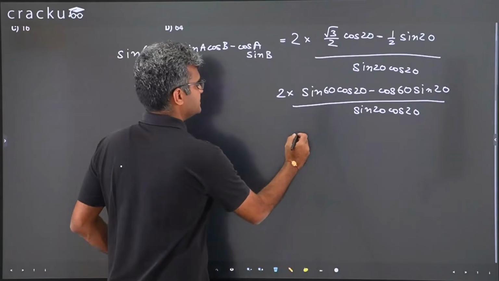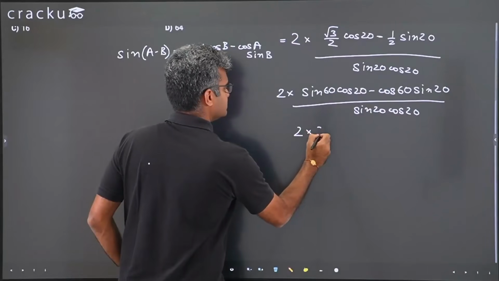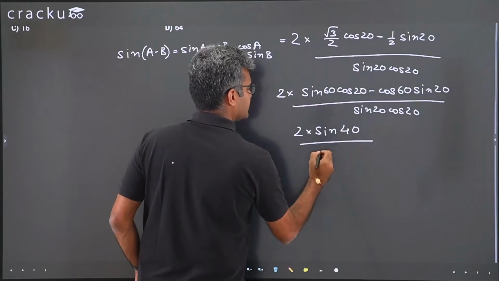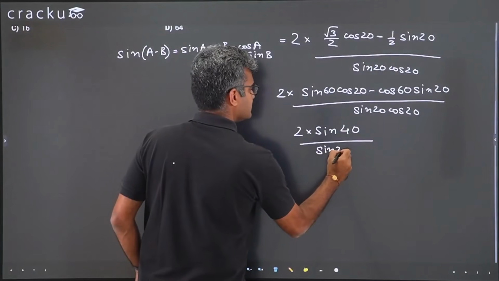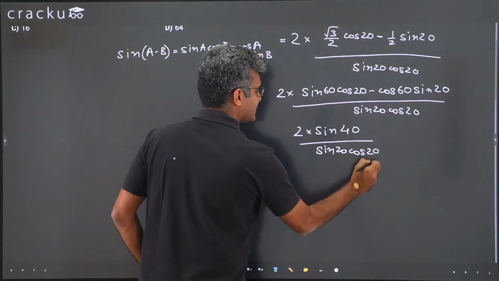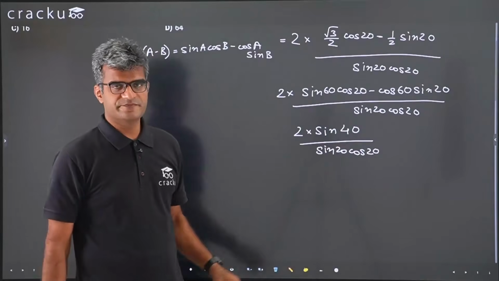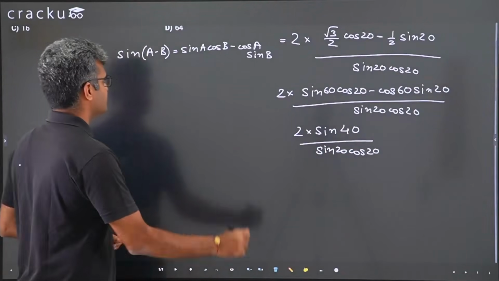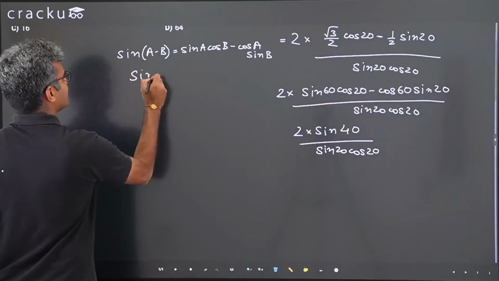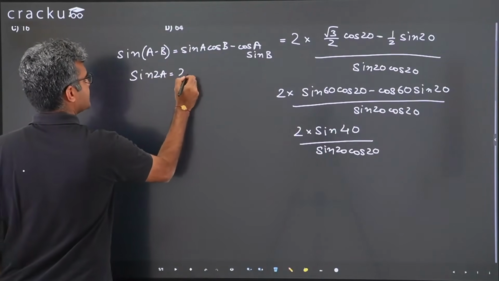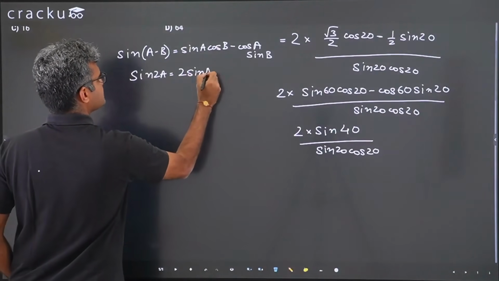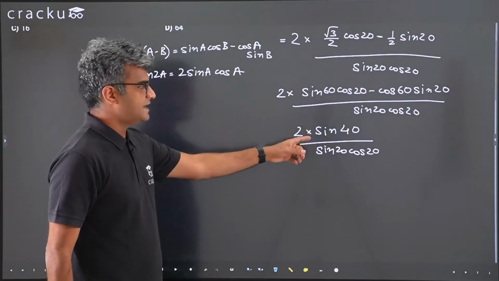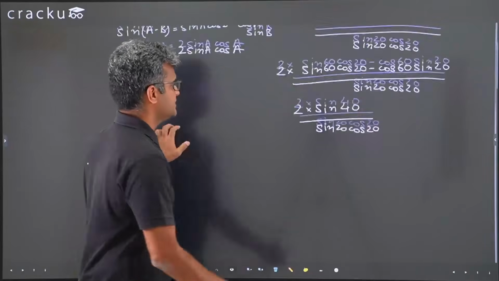So the numerator is 2 times sine of 60 minus 20, which is sine 40, divided by sin 20 cos 20. Now whenever I have sin A into cos A, when the angle is the same, I always think of sin 2A because we know the formula for sin 2A. What is the formula for sin 2A? This is 2 times sin A into cos A. So if I look at sin 40 as 2 times sin 20 into cos 20,